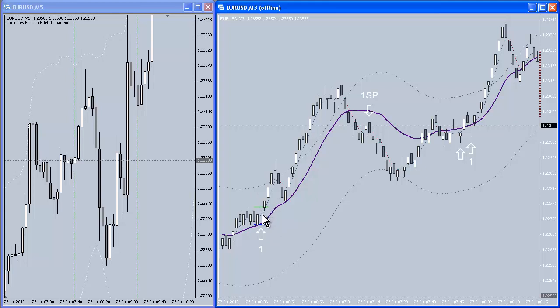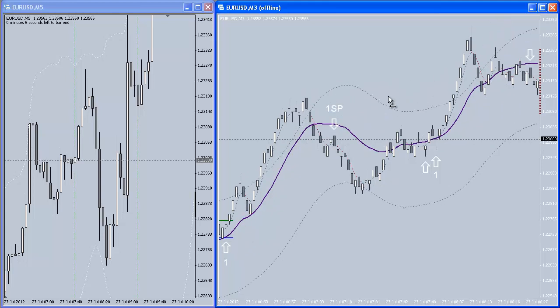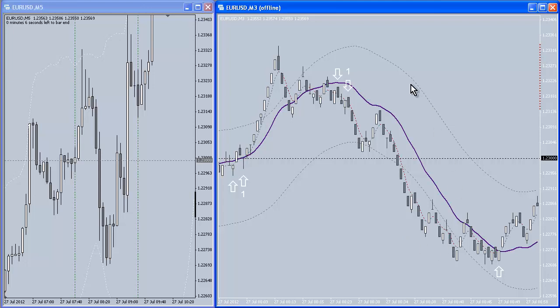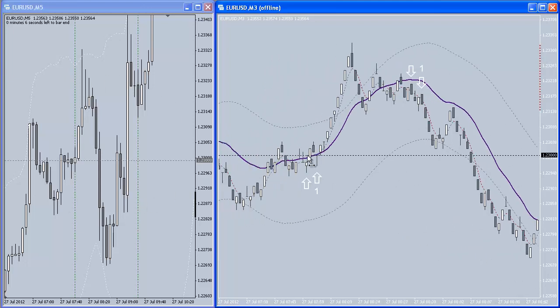These are 3 pip range bars, and we enter a pip above, and we usually have our stop a pip below. So we're usually risking about 5 pips, maybe 6 pips if we move our stop a little bit, or we're on a 4 pip range bar chart. But it's very, very small risk, and obviously the reward can be potentially very, very large on some of those,